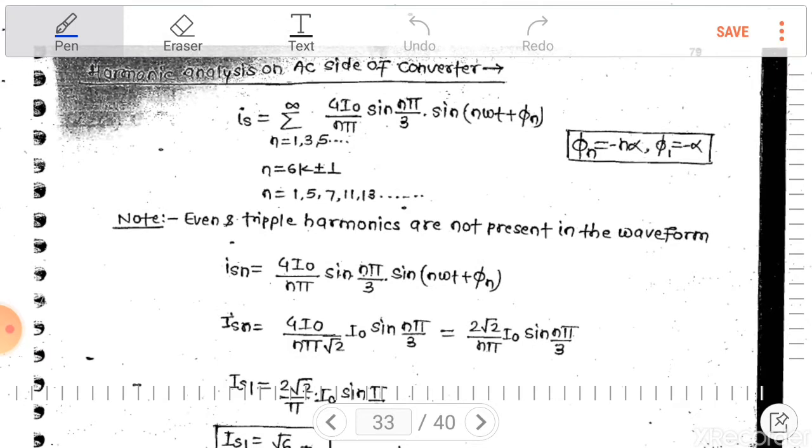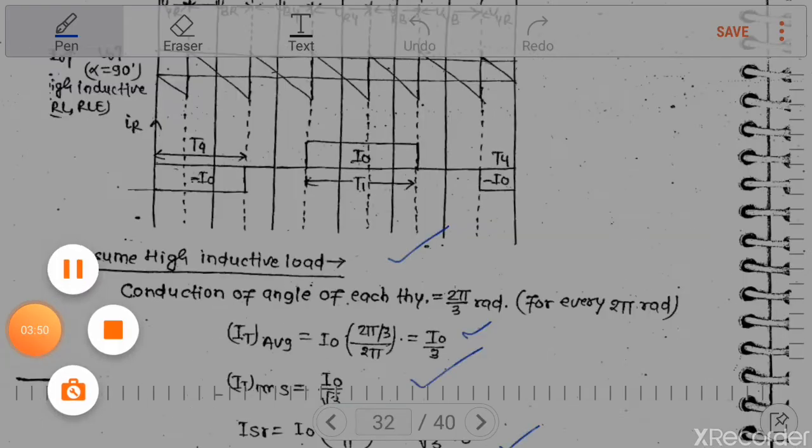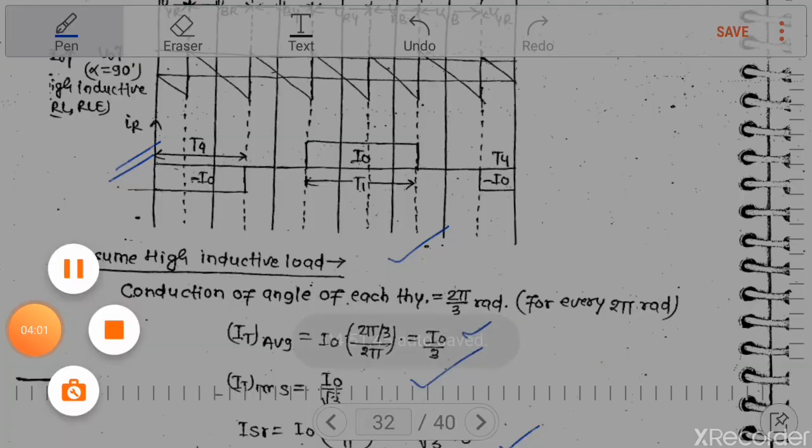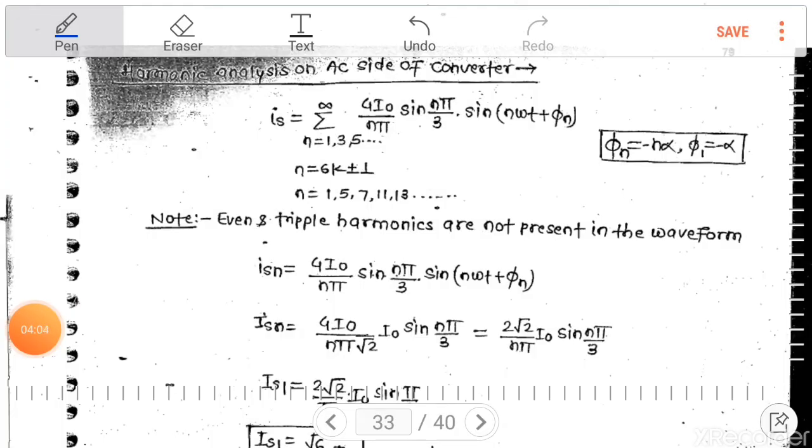For harmonic analysis, we will see the source current equation, the Fourier series derived for the waveform. This is the source current that appears at R phase. So for this waveform, we derived the Fourier series. It is summation of 4 I naught by n pi sin n pi by 3 sin n omega t plus phi n,